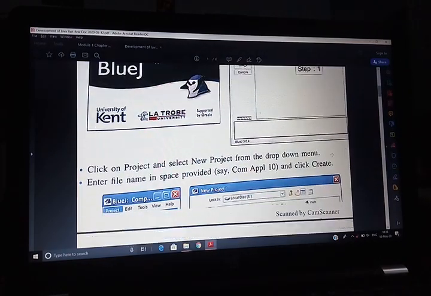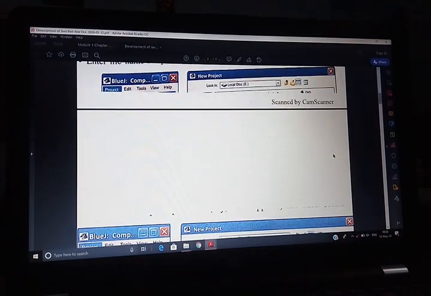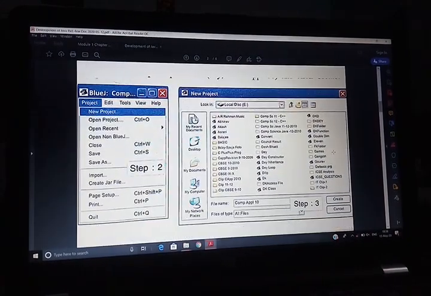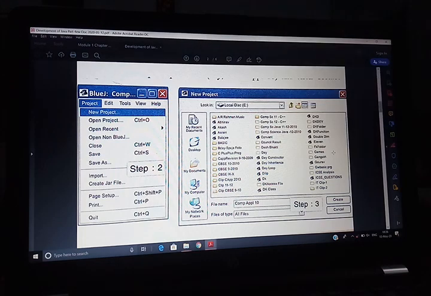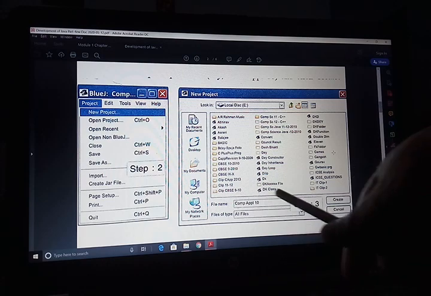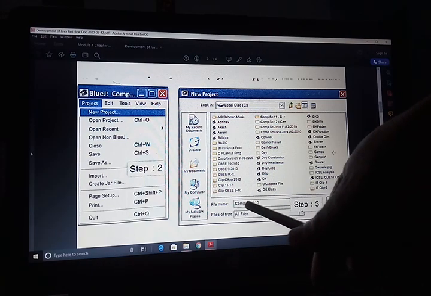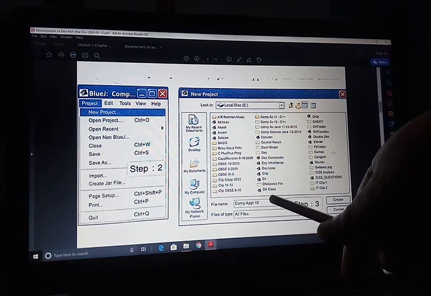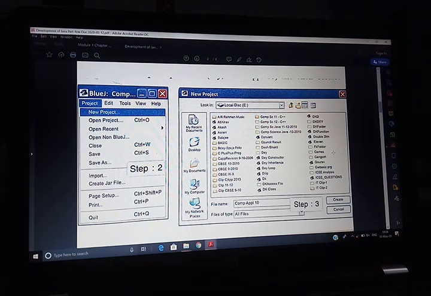Then in this window, all of you see the new project. Click on Project and select New Project from the drop down menu. Enter the file name in the space provided. Suppose your file name is computer application 1010.